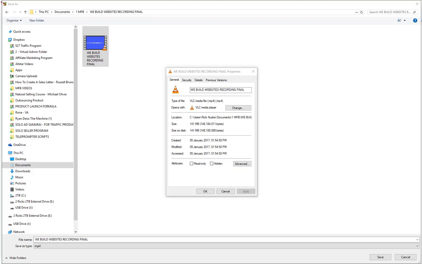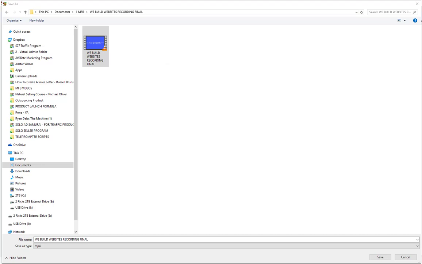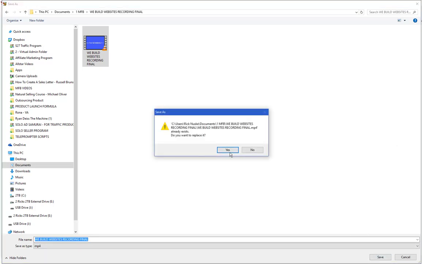And the first thing to notice is the original file size, which was captured, edited, recorded, etc. using Camtasia, shows here to have a size of 141 megabytes. Now that's quite sizable, so it's important to notice that size and keep that in mind. I'm going to open up this file into Handbrake,